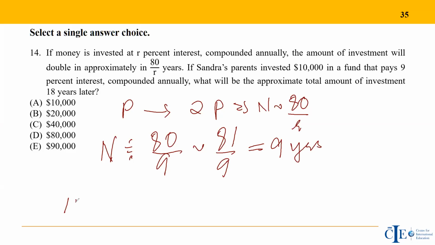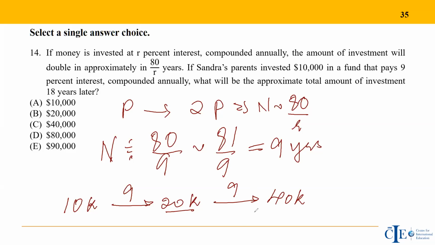So right now you start with 10,000. Invest this, keep it for 9 years. The value becomes double, becomes 20,000. Since they are doing it for 18 years, which means they're doing it in two cycles, take this amount and reinvest again for another 9 years. You reinvest in the same scheme, and this will double it again after 9 years, which will make it 40,000.